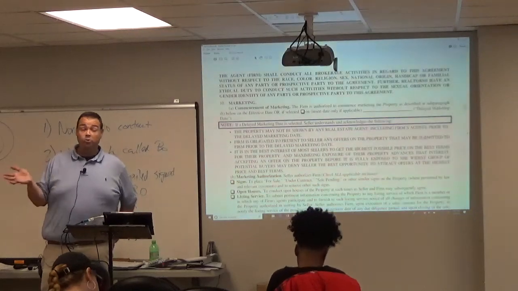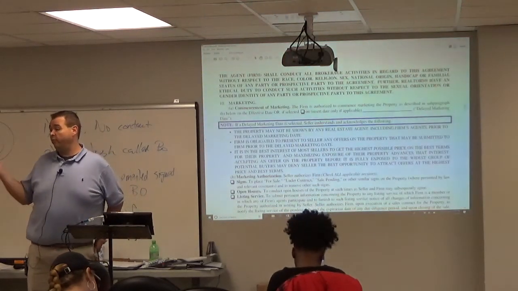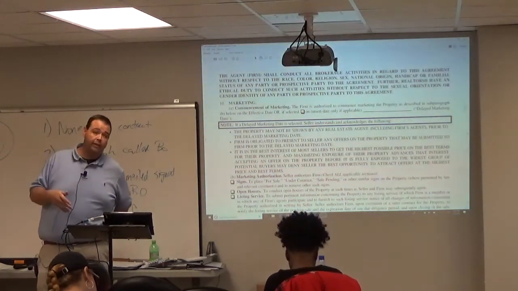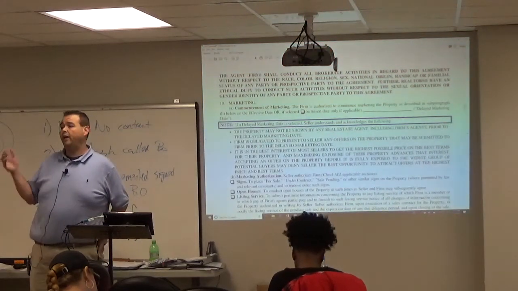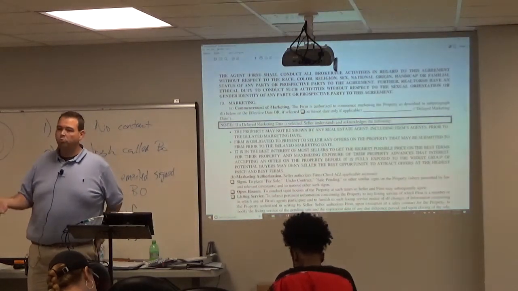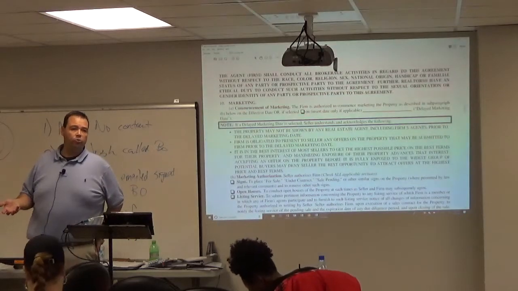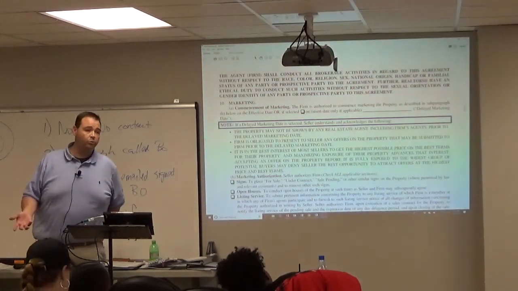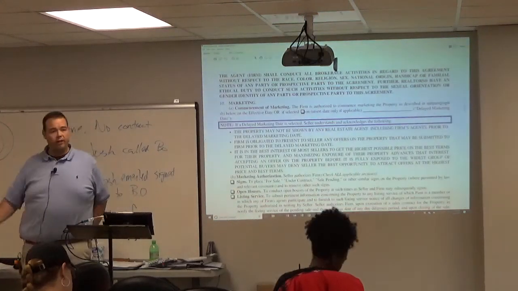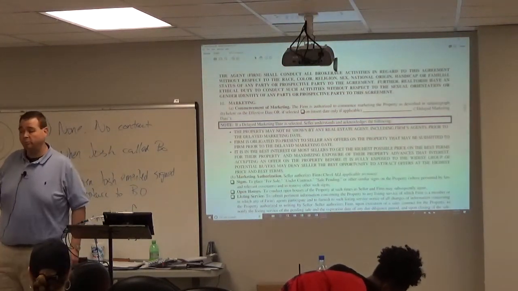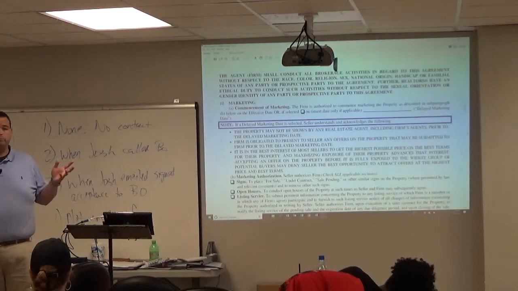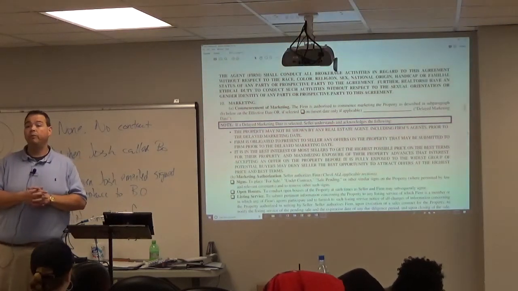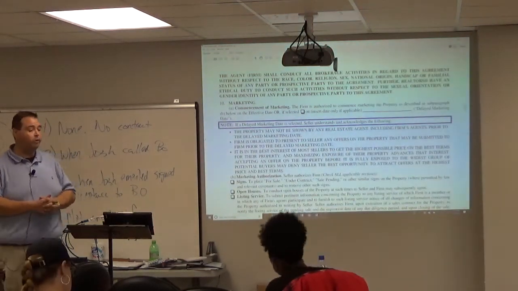So, those two are not protected classes under the Federal Fair Housing Act. They're not protected classes under the North Carolina Fair Housing Act. But if you are a realtor, you must honor those two protected classes because the Realtor Code of Ethics says you will. If you don't, you could be kicked out of the association, which means, of course, you could lose your access to the MLS. So, just FYI. Which means you pretty much can't work.